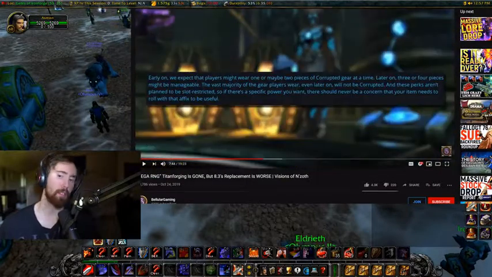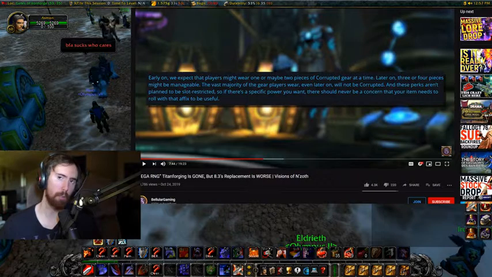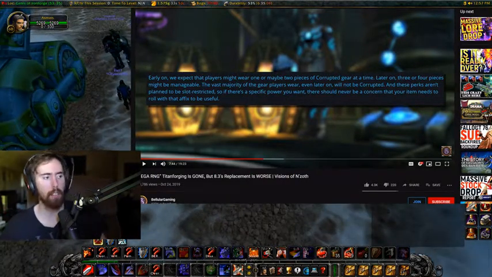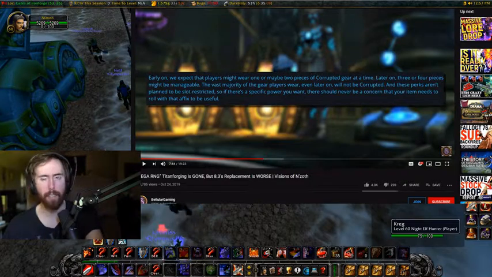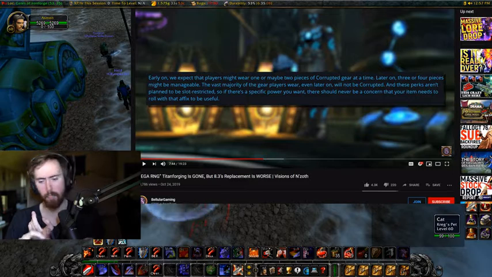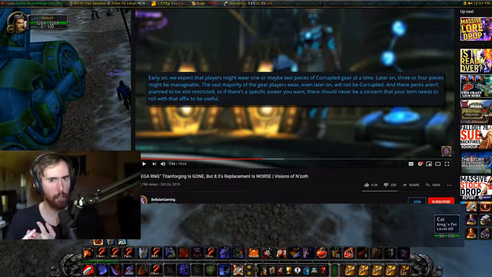And that's the thing with this whole corruption thing, people aren't going to want to handicap themselves with the gear. I think that it just overcomplicates things. And BFA already, the amount of things that you need to think about whenever you're doing a fight is too much already. Like the amount of multitasking you need to have. You need to be paying attention to the mechanics. You need to be paying attention to your rotation, and now you have to pay attention to the corruption too